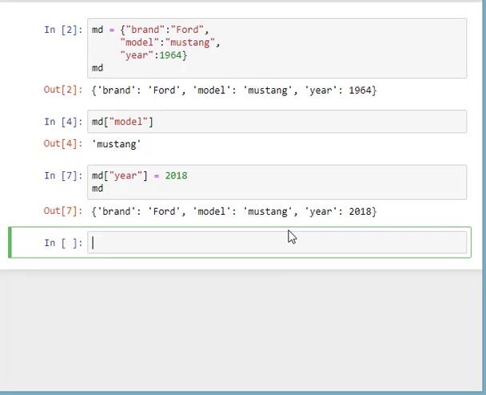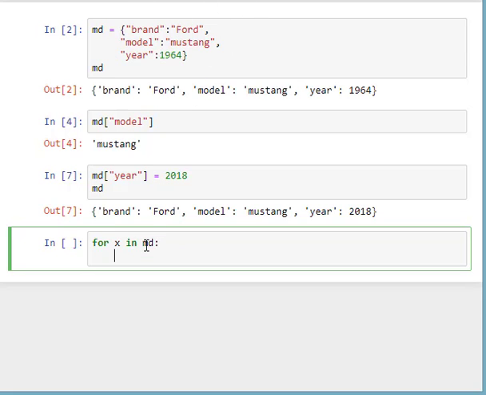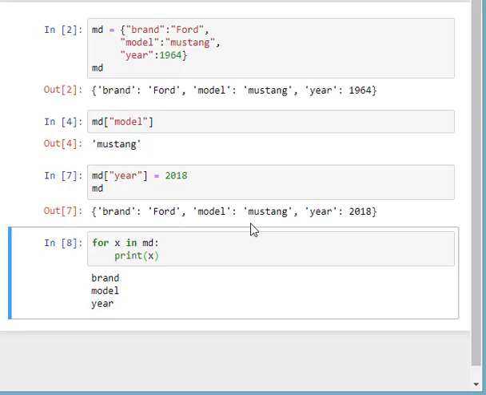In the next segment, we'll see how to loop through a dictionary. Basically, I'm using the for loop here for looping through a dictionary. You can even use a while loop also. Suppose, let's say for X in dictionary, for every value in dictionary. Basically here, if you can see, brand will be the key and Ford will be the value. So first I'm accessing my for loop and I am telling it to print the value X. See, when I do this method for just printing, it will just print the keys. It will not print the values. This method is only for printing the keys.